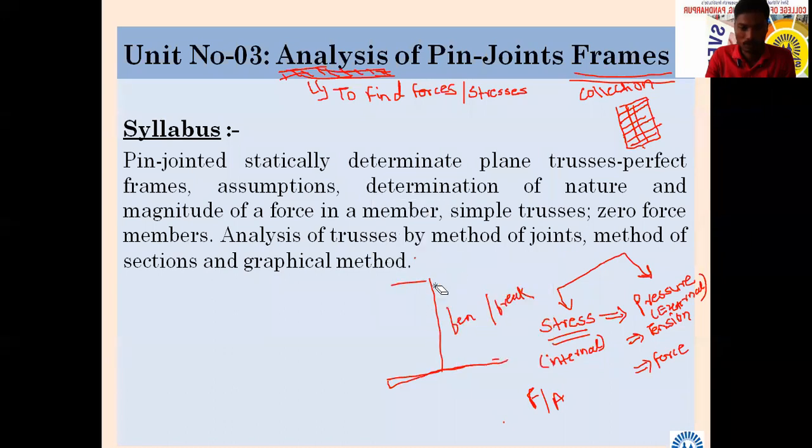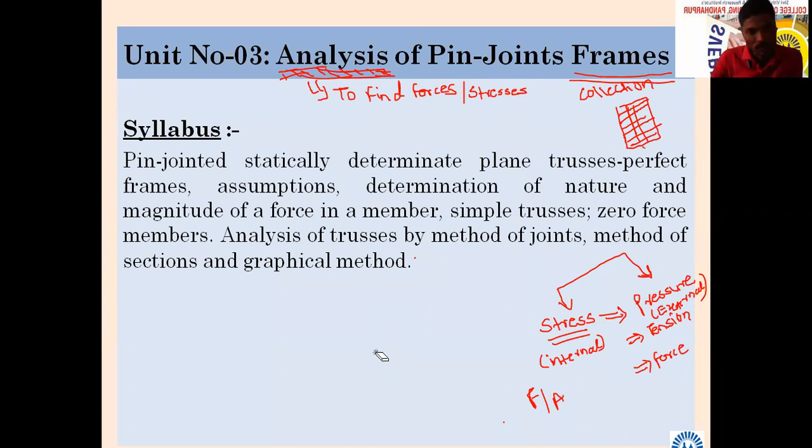Okay, so let us go further. Today we will see just the introduction of this chapter. You can ask questions in between, whatever you want to ask. This is our bonus lecture. The syllabus: pin joint, statically determinate, plane trusses, perfect frames, assumptions, determination of nature and magnitude of force in members, simple trusses, zero force members, analysis of truss by method of joints and method of sections, and a